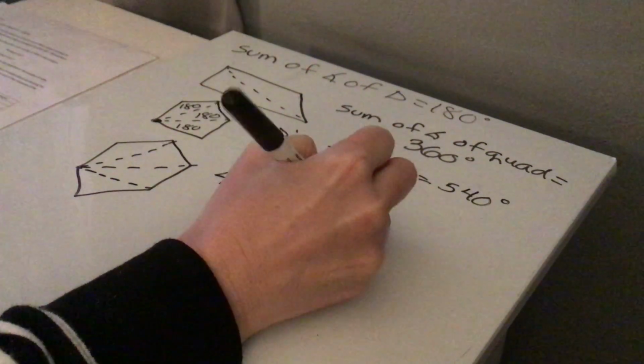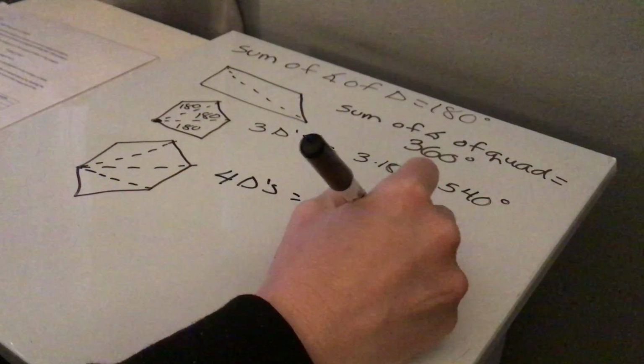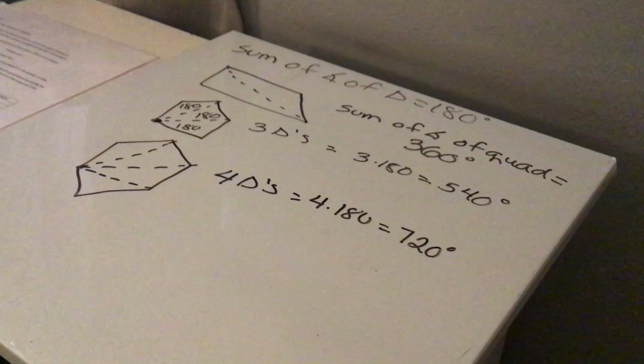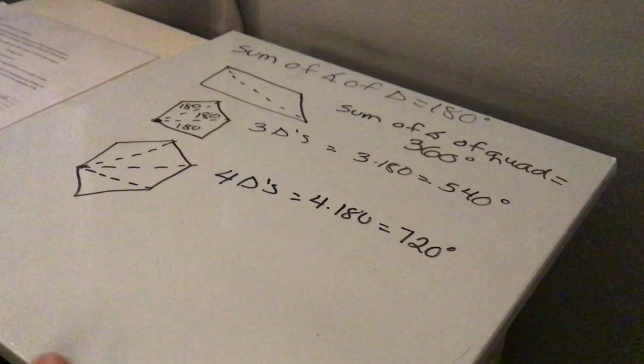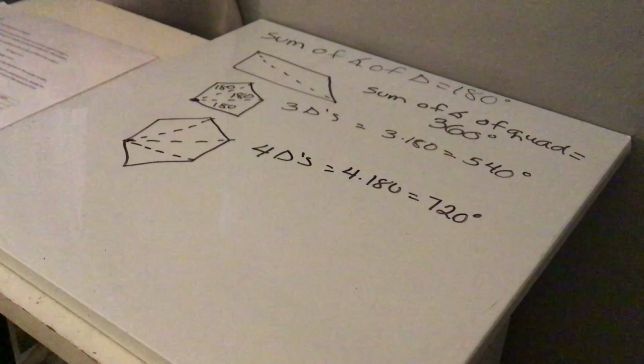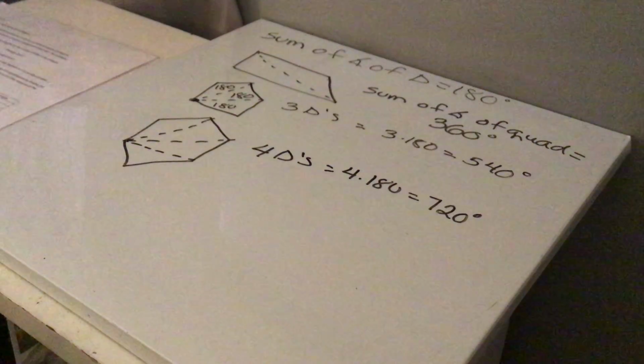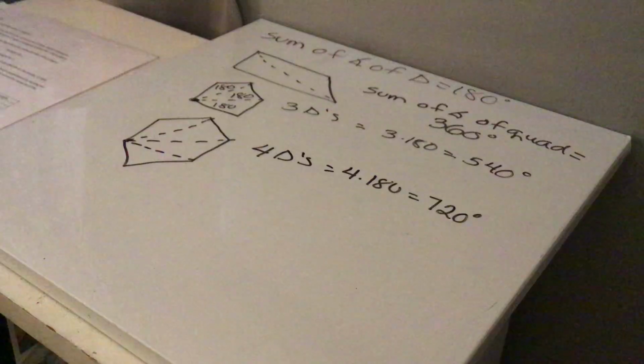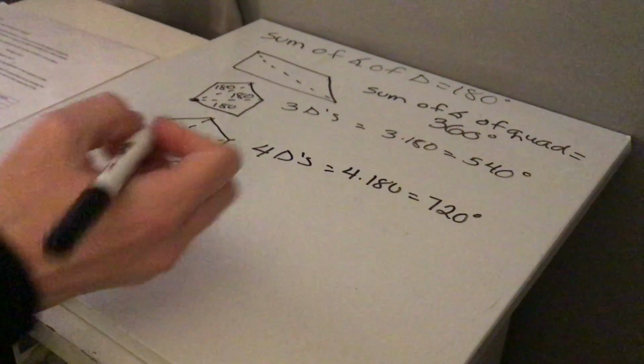So it ends up being 4 times 180, which ends up being 720 for the sum of those angles. Okay, if you continue this pattern, it ends up getting you your very first theorem for chapter 11, and it's just theorem 11.1,